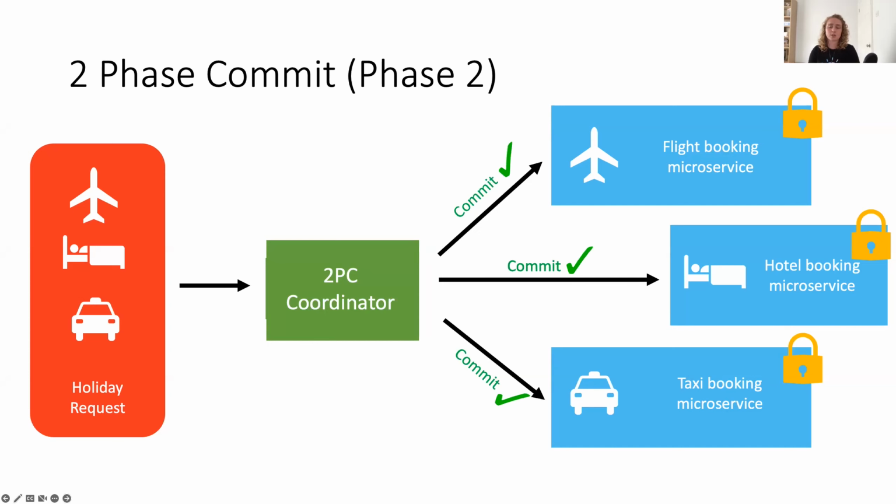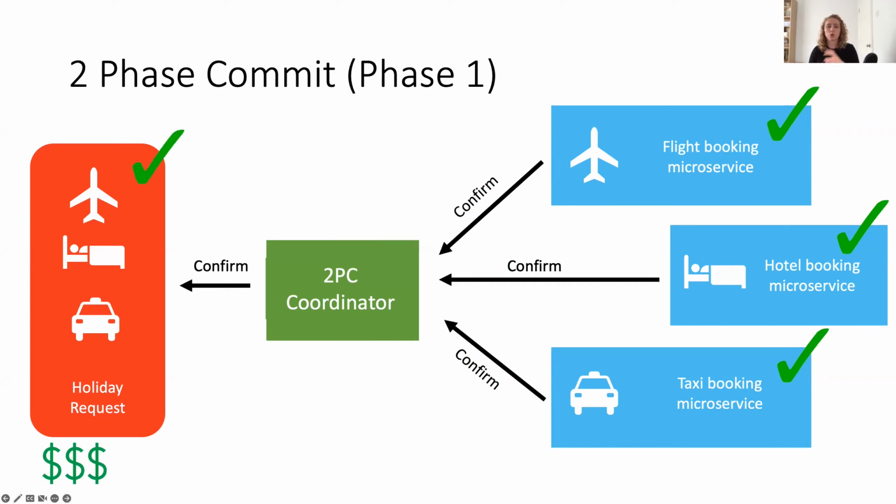So now our two-phase commit coordinator can essentially say, right, everyone's happy, everyone's got a resource, we're all ready to go. So can you all now go and commit that resource to this transaction? They commit the resource, they send a confirmation message back to that central coordinator, and the coordinator is able to send a message forward to that front end system that essentially says, yep, all good, we were able to book your holiday, all available, please pay us. They pay and everyone's happy.